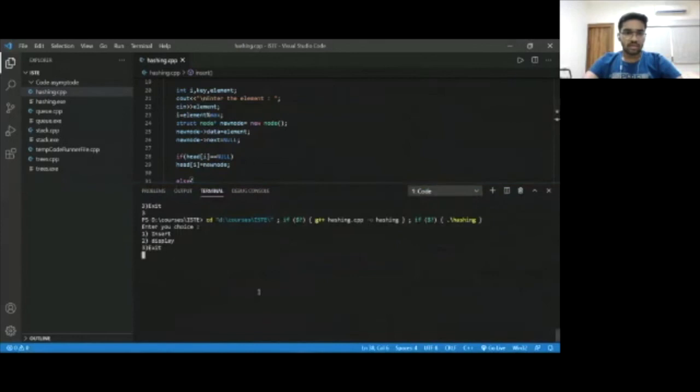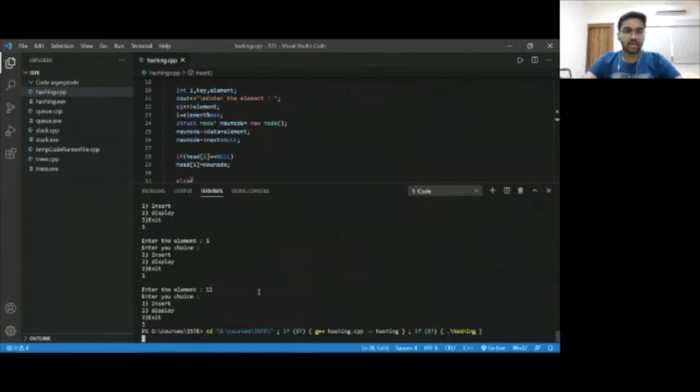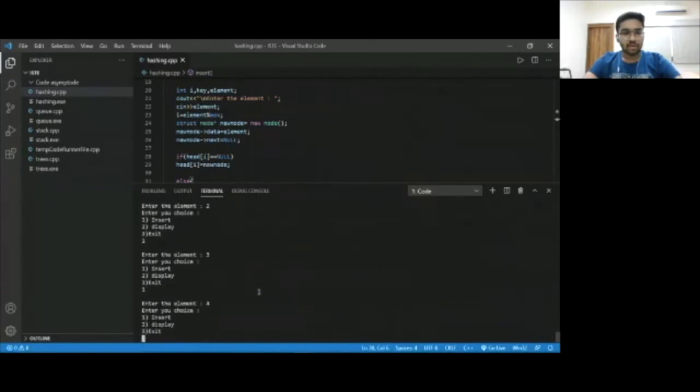Might as well show an issue this time, but let us see. No, this time we successfully inserted, and didn't have to exit once again. And let us insert another element, 11, and display. Yeah, so this time, as you can see, there is this 11 that has come after 1. It is at the same level as 1.